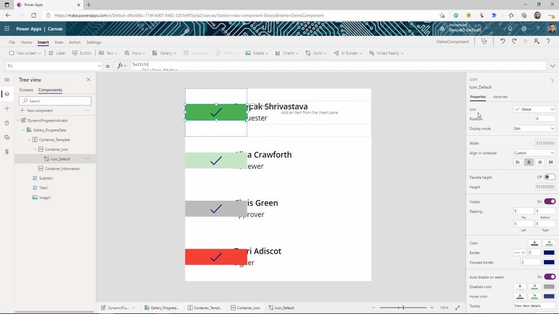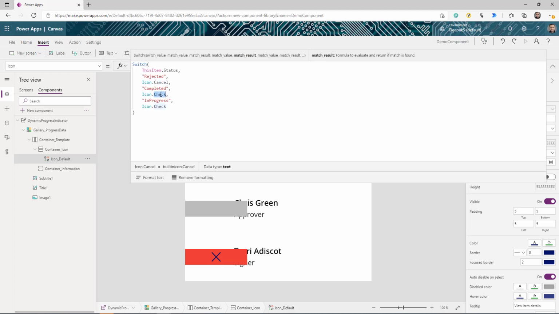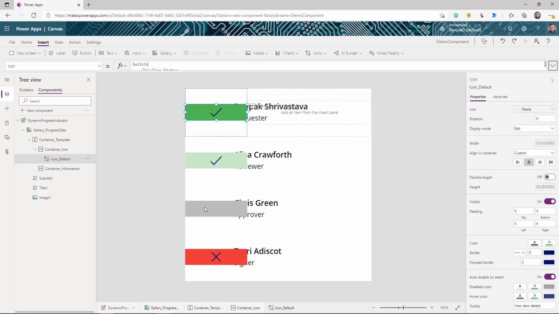Now, one more configuration here. So you don't want the check icon all the time. You should have the check mark only if that is completed. If it is in progress or if it is rejected based on our status, you want to change that icon. So we can actually have that logic also here. So click on the icon property here and then replace it with this switch function. So if it is rejected, then I'm going to use the cancel. If it is completed, then I'm going to use check. If it is in progress, I'm using check. You can use another one as well. And if it is not started, I'm just not using any of the icon. So as you can see here,